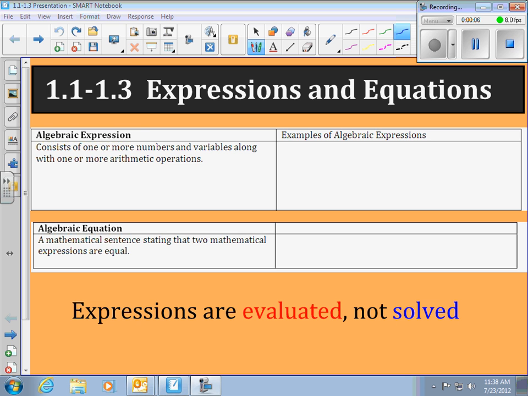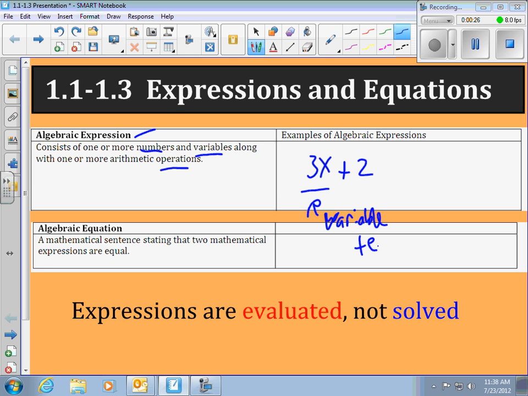First thing we're going to talk about here is an algebraic expression, which basically consists of variables, numbers, and operations. So a good example would be something like 3x plus 2. Here's what we call my variable term, and this is what we call a constant. This is a variable term because it contains an x, and this is a constant just because it's a number,